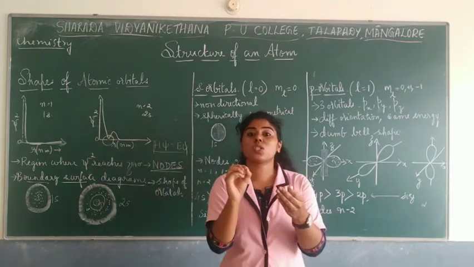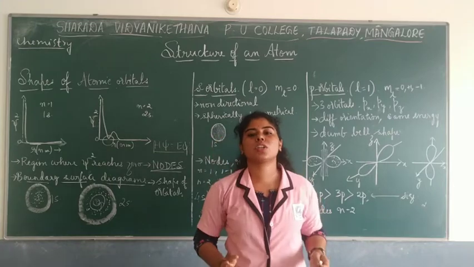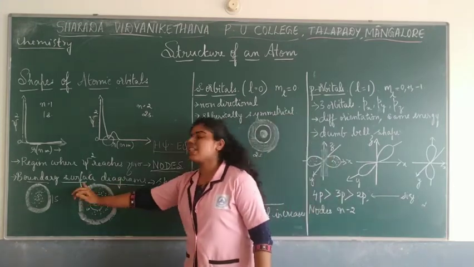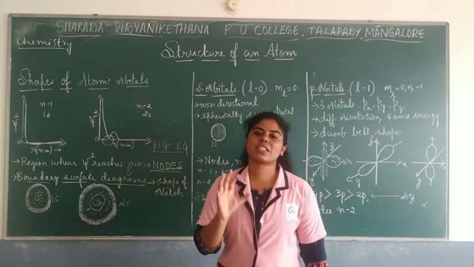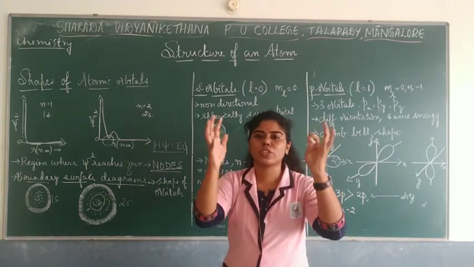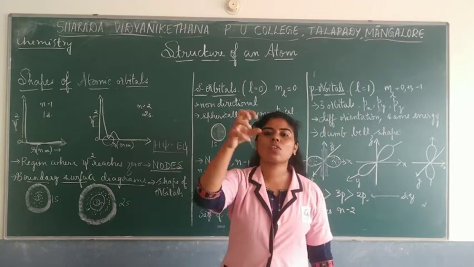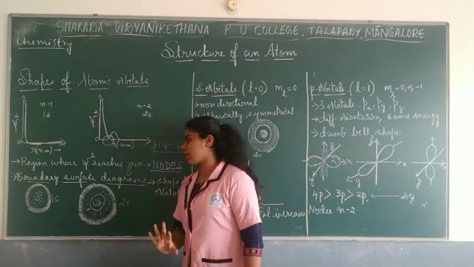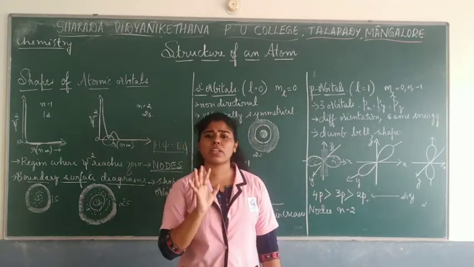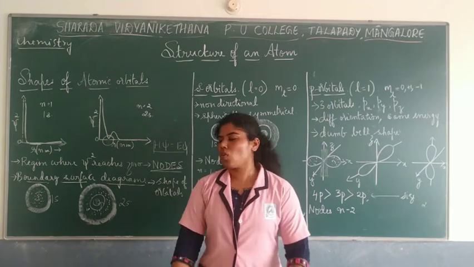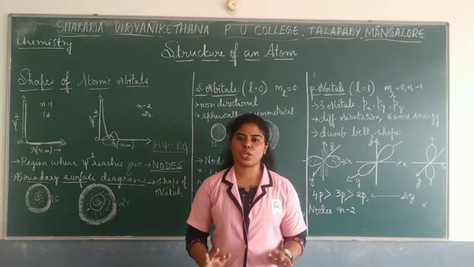So where the dots were maximum was considered to be the shape of that particular orbital. So that's why we call them boundary surface diagrams. Okay, so the diagram was plotted, visualizing the solutions and also the probability of these electrons which are present inside an atom. So when you are talking about the shape of the s orbitals, we know that it has to be spherical in shape, right?